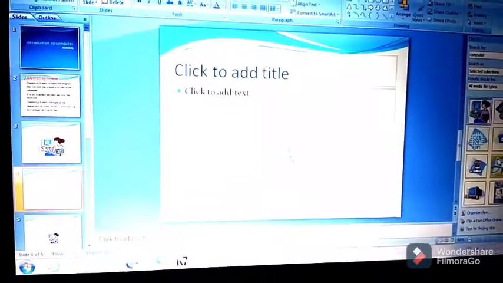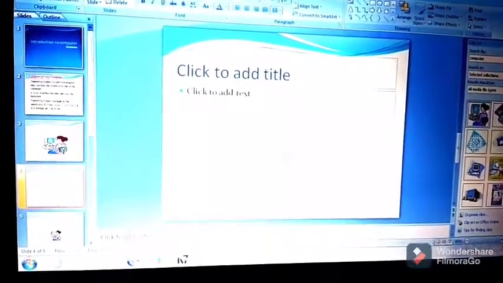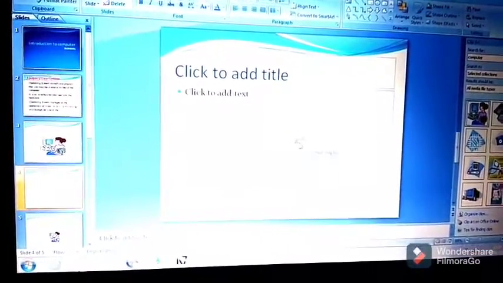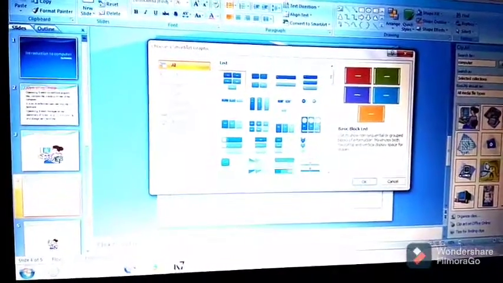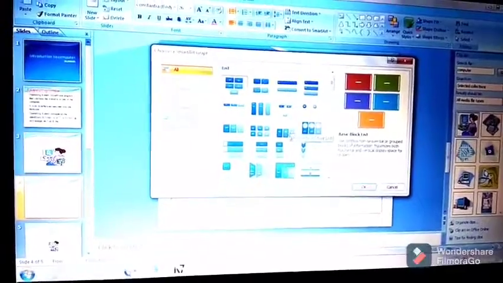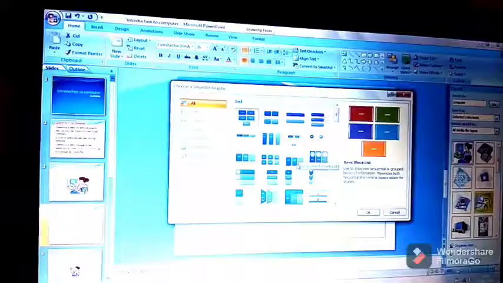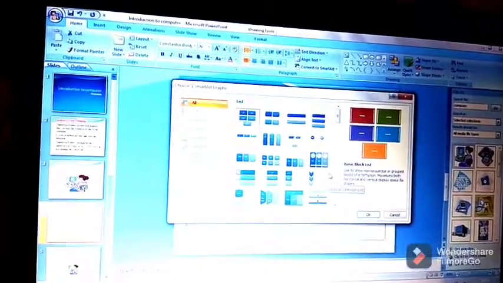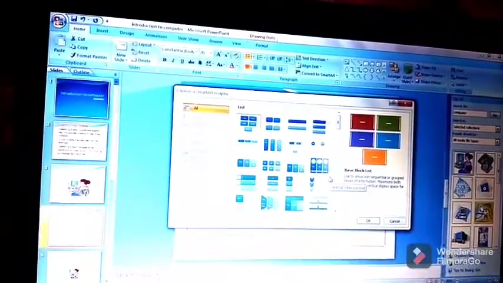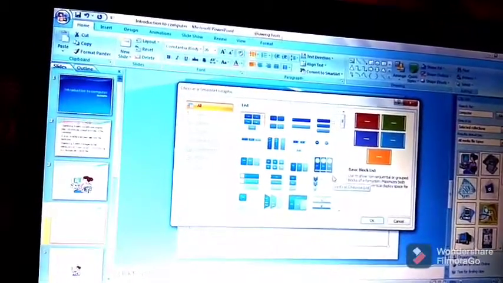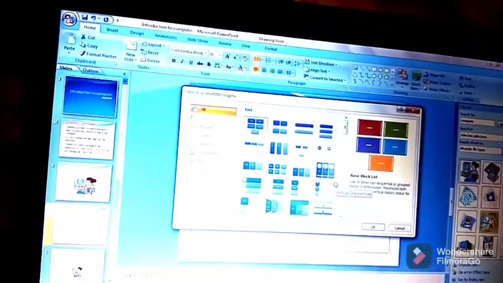Next topic is adding SmartArt in a slide. So here is the SmartArt option, this one, click on it. These are the SmartArt options. You can apply any one. We can use SmartArt graphics to illustrate a process or structure. PowerPoint offers many SmartArt layouts to help us communicate with our audience graphically. It shows us some shapes to which we can add our own text.